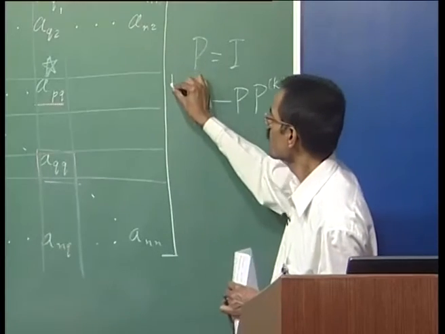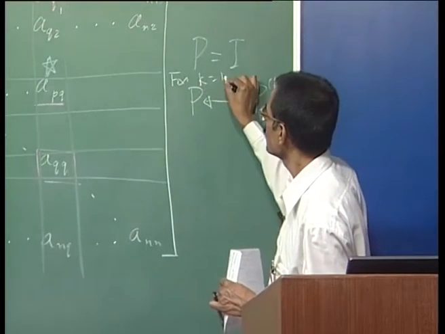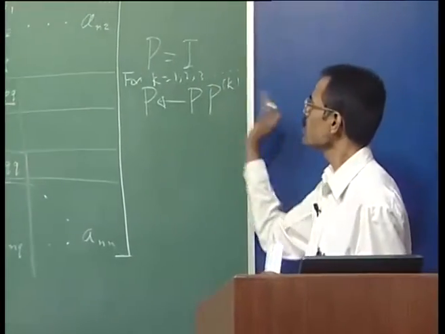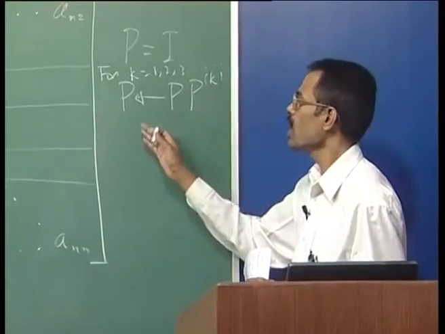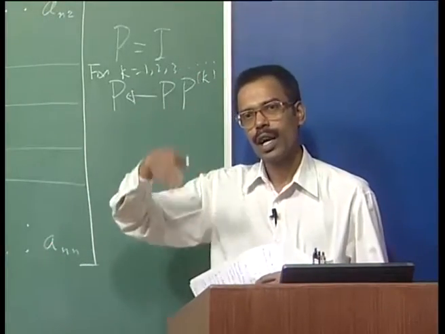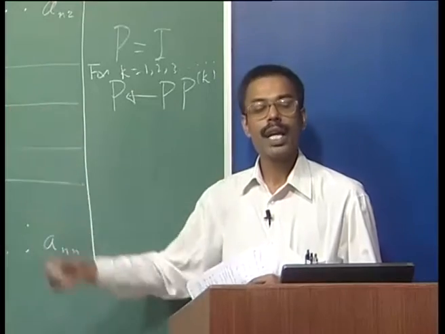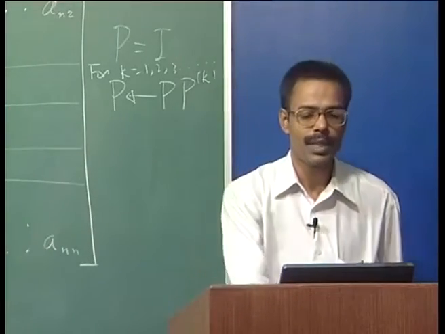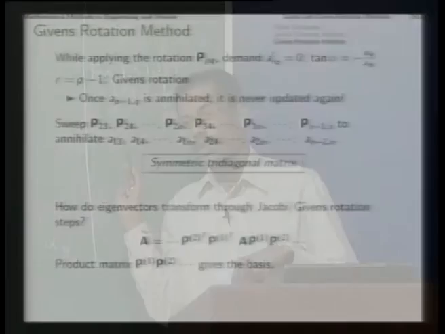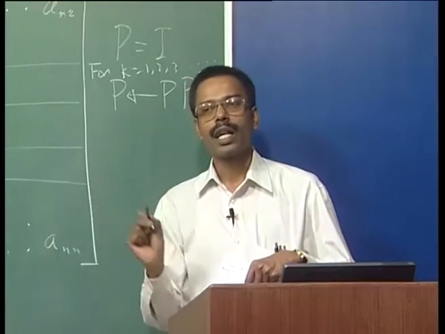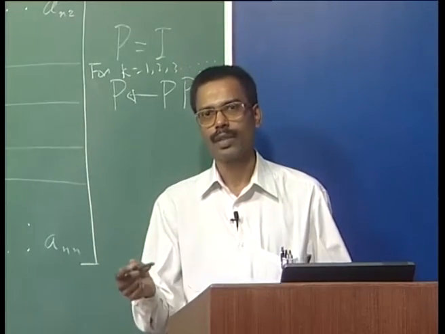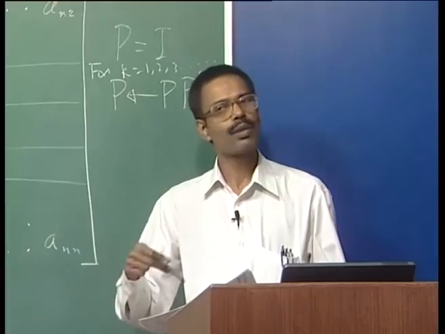So, that means for k equal to 1, 2, 3, 4, as many rotation transformations as are applied, all of those get multiplied from the right side, and finally, you will have P storing all the eigenvectors by the time the matrix has been diagonalized. If the matrix has been processed only up to symmetric tridiagonal form in the Givens rotation method, then the resulting P matrix will relate the eigenvectors of the original matrix and the matrix A prime, which we have in our hand now, which can be processed further through some other method.